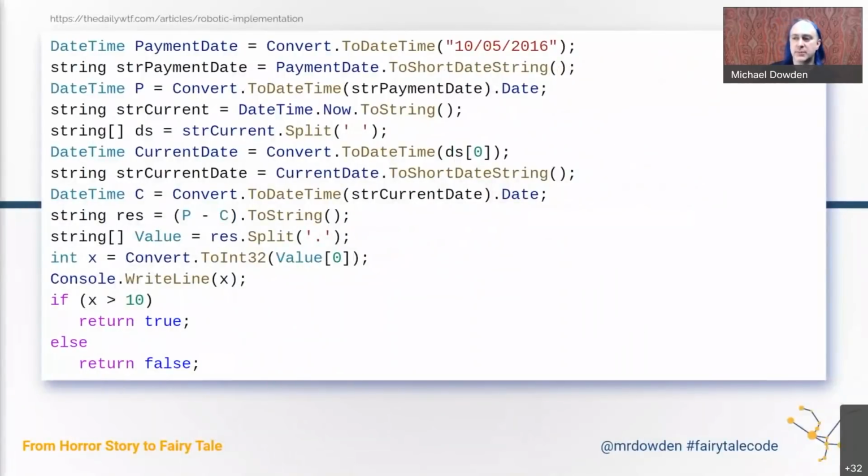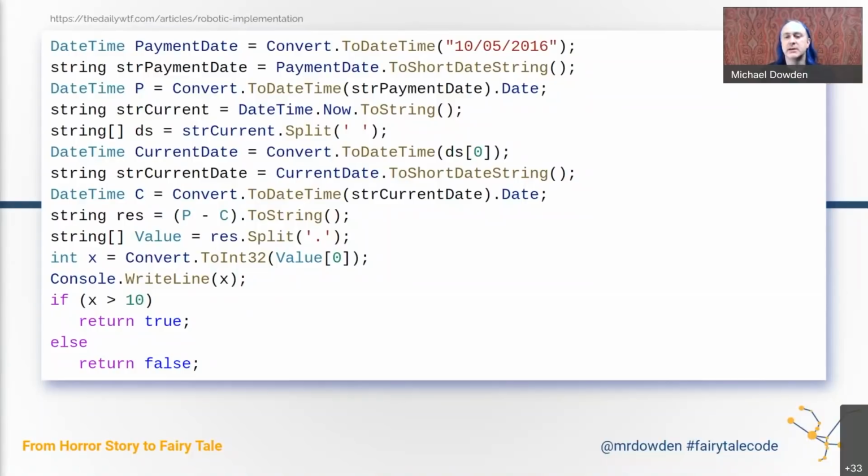So here is a code example of bad code that I pulled from the Daily WTF, which is a great fail blog website for developers. And I challenge you to tell me in 2 minutes what this does. It's very interesting to look at. What is it doing? Let's look at the first line. You are converting a fixed time string to a date time object, and then back to a string, and then back to a date time object, and then back to a string. Wait, except that's datetime.now. So now we have the current time as a string, and this other thing as a string, and we're doing all this manipulation.